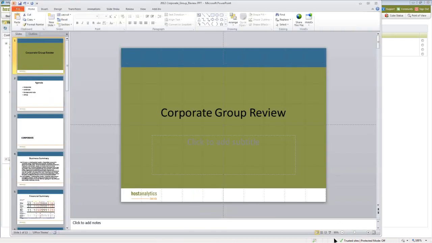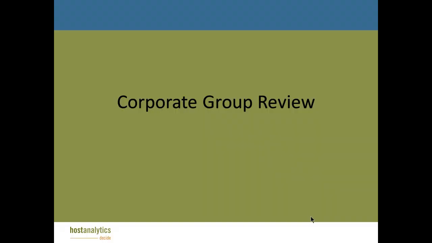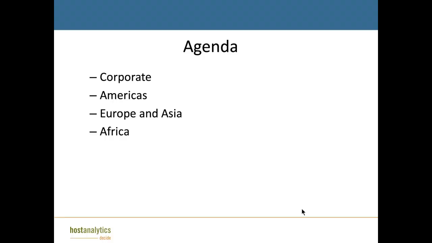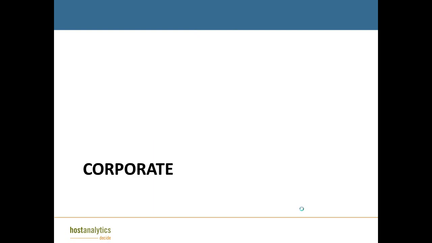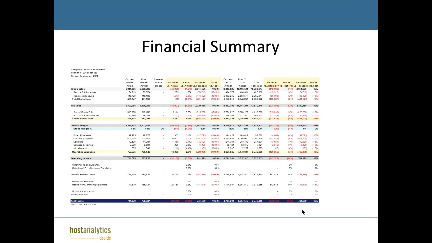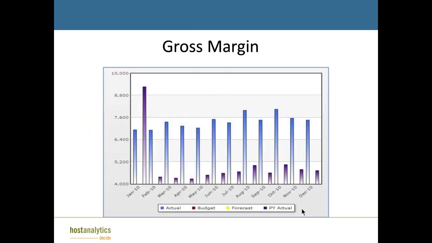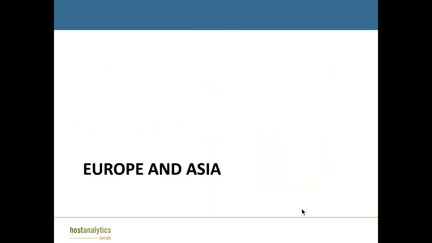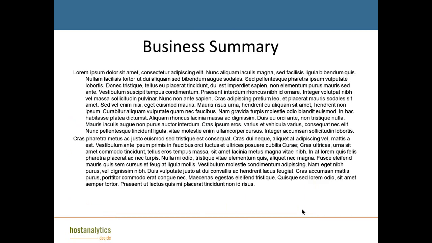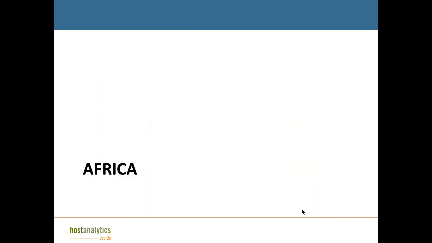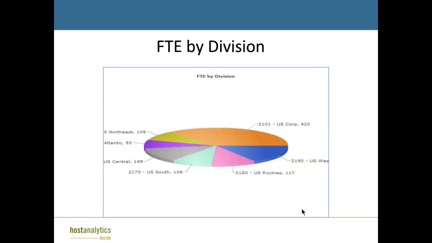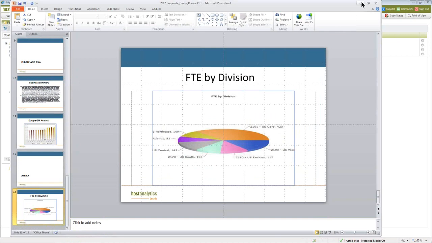Let me show you. A PowerPoint can also come from what we call our Executive Report Manager. It's got various pages, and it includes information from throughout the Host application. So it's got income statements, it's got graphs. You can also put in text as well as just bring in documents. So users can either input directly or put in documents and just attach things that are from outside the application.